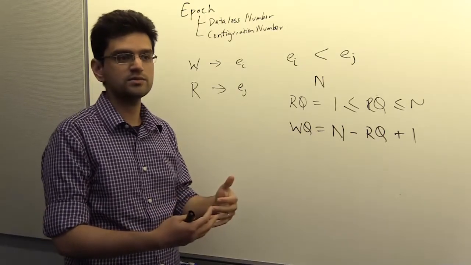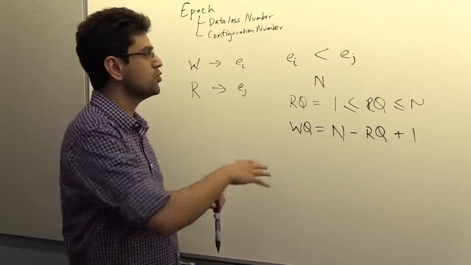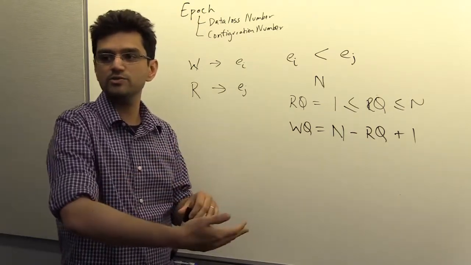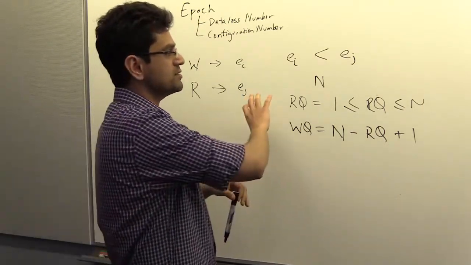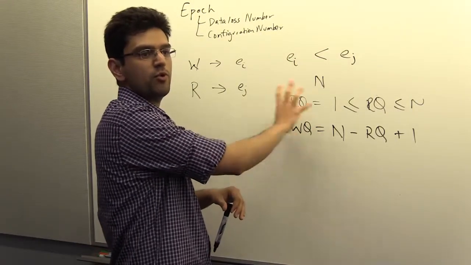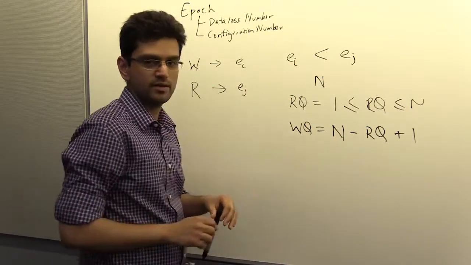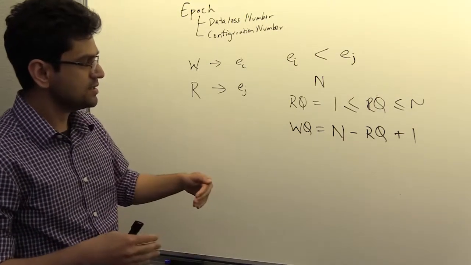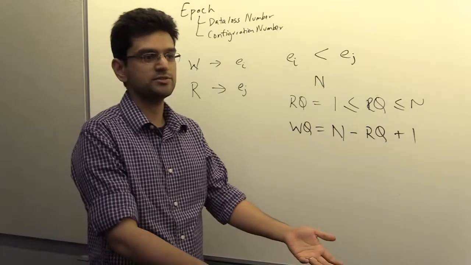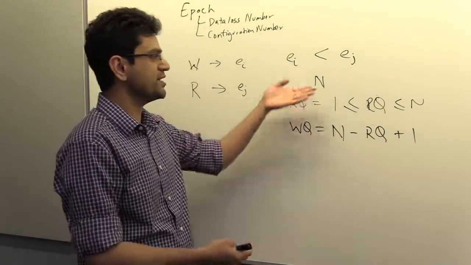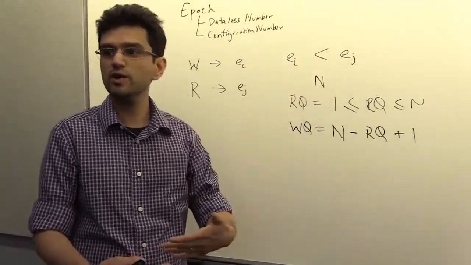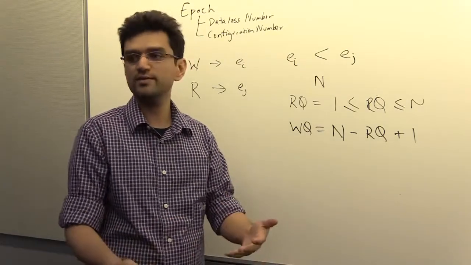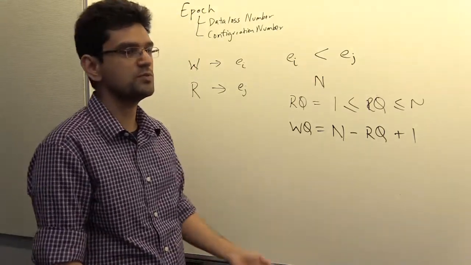So with those two requirements, we can then see what the protocol does to figure out who the new primary should be, and what steps the new primary needs to take to complete a reconfiguration and move from one epoch to another epoch, right? So let's say the old primary crashes. You have n replicas. The first step is to figure out who should be the newest replica. That is leader election: you have to figure out who should be the new primary.